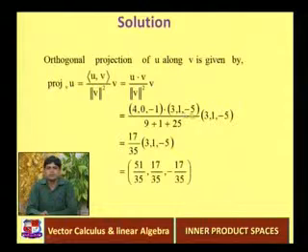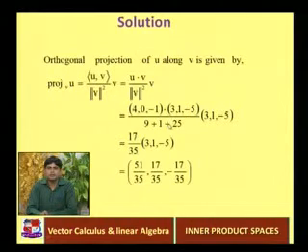dot 3, 1, minus 5. And the norm of v squared is the sum of squares of the elements of v, that is 3 squared, which is 9, plus 1 squared, which is 1, plus 5 squared, which is 25, and that is for the vector v, 3, 1, minus 5. The dot product of these two: 4 into 3 is 12, plus 0 into 1 is 0, plus minus 1 into minus 5 is 5, so 12 plus 5 is 17